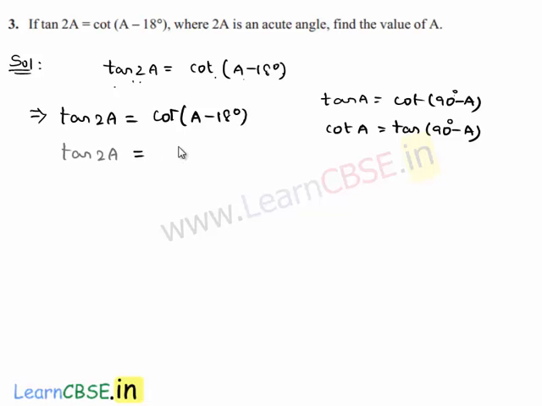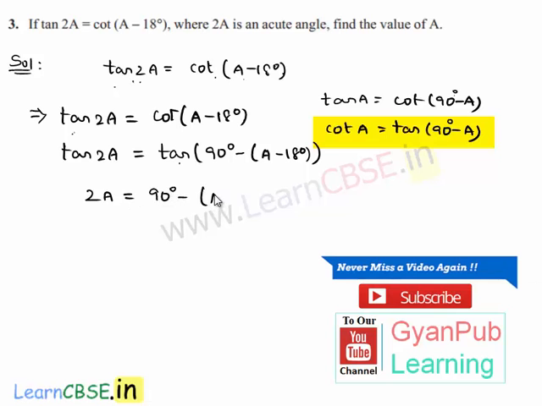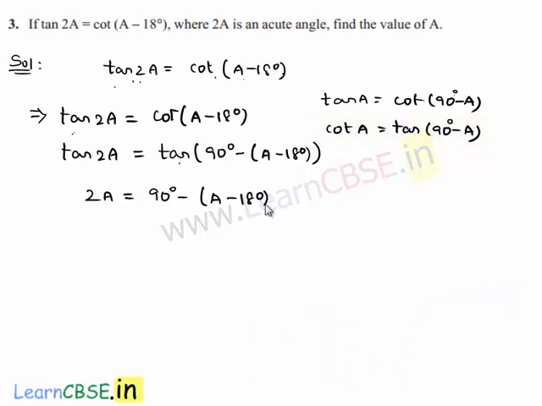So that will be equal to, let us express cot in terms of tan, 90 degrees minus A minus 18 degrees. As we have the same trigonometric ratio on both left hand side and right hand side, we can equate the angle inside it, that is 2A is equal to 90 degrees minus A minus 18 degrees,